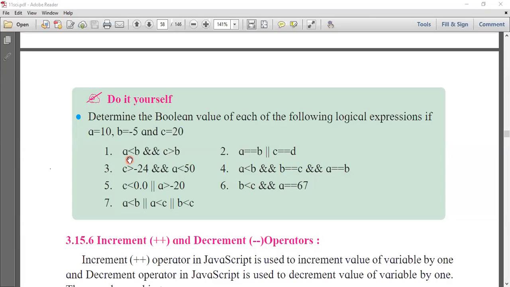Yesterday, in the last session, we studied how we can write the truth table of AND, how we can write the truth table of OR, and how we can write the truth table of NOT. Those things we have already studied.